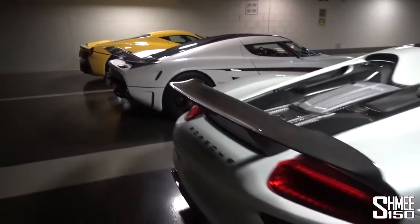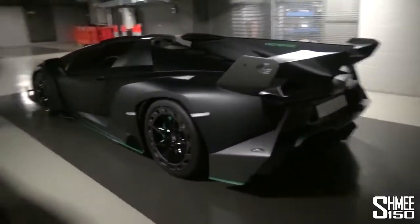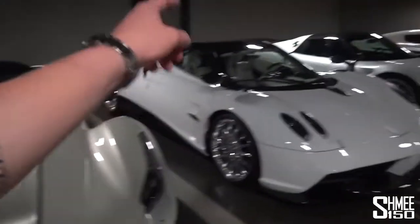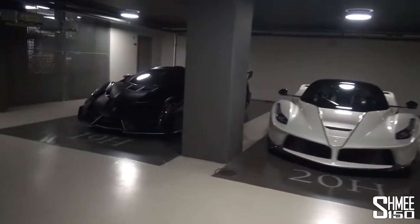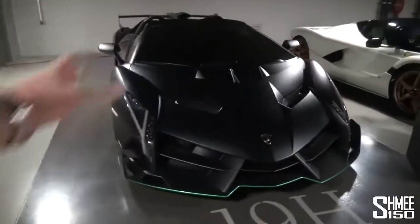These are some of the greatest dream cars in the world, and they've all been sourced via 7 Car Lounge, brought over here to London to go and visit Topaz Detailing to have PPF installed. In fact, the 4 white cars have already got it installed, the LaF, the Pagani, the Porsche and the Koenigsegg. The LaF at the end and the Veneno will be heading after this visit to go and have their PPF fitted as well. But this is just,